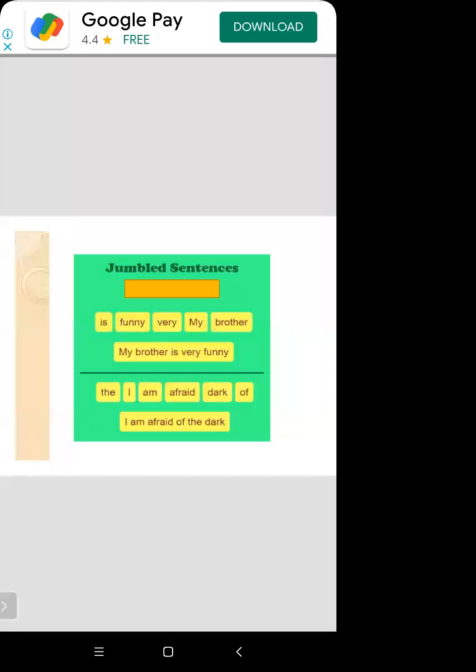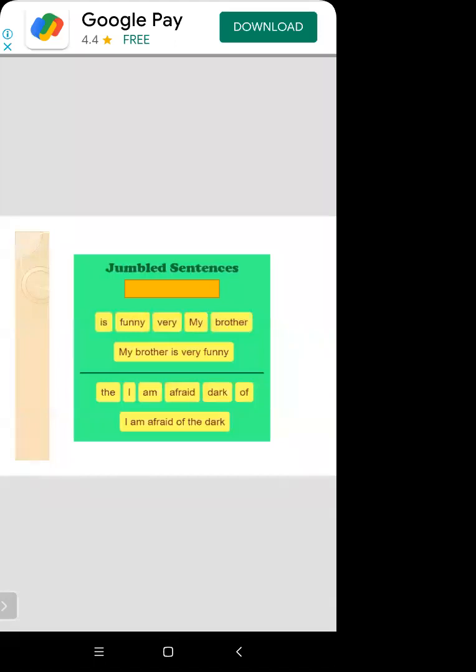डार्क इज हियर, नाइट में हम जब बात करते हैं नाइट की, तो हियर वी यूज एज ए वर्ड एज ए डार्क. तो अफ्रेड ऑफ द डार्क, अफ्रेड मीन्स क्या होता है बच्चों? डरना. क्लियर? सो आई, कौन डर गया? मैं डर गया. सो आइडेंटिफाई द सब्जेक्ट इन दिस सेंटेंस स्टूडेंट. आई किसके बारे में बात हो रही है? आई मतलब मेरे बारे में बात हो रही है. मैं किससे डर गया? अफ्रेड ऑफ द डार्क, अंधेरे से डरता हूँ. तो आई इज हियर एज अ सब्जेक्ट, एम इज हियर as a verb. So now afraid of the dark, मैं अंधेरे से डरता हूँ.